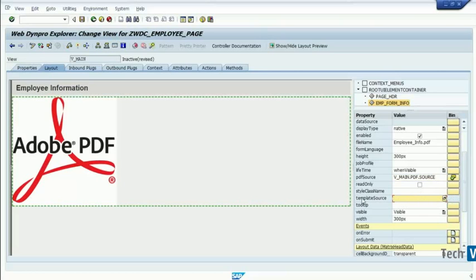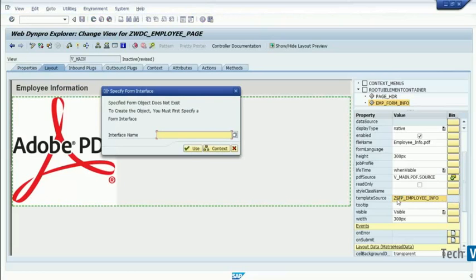But as you can see, against the template source you don't have the possibility of defining the template source dynamically. Since there is no binding, obviously here you have to just give the name of the form as a static value. So I'm just going ahead and giving a static value over here, and I just gave the name. As soon as I clicked enter after providing the template source name, obviously,